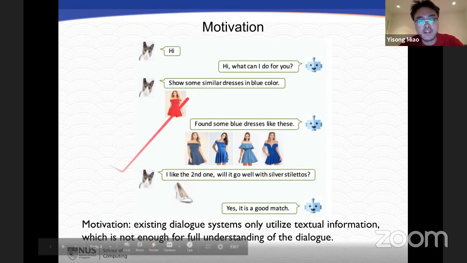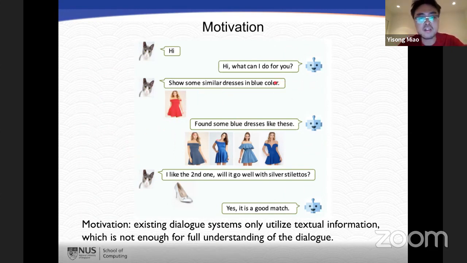And see this figure here. This figure is a conversation session. Okay, so the customer is a cat, right? The cat says hi. The agent responds, "Hi, what can I do for you?" The cat says, "Show some similar dresses in blue color." So here comes the problem. The customer cat proposed